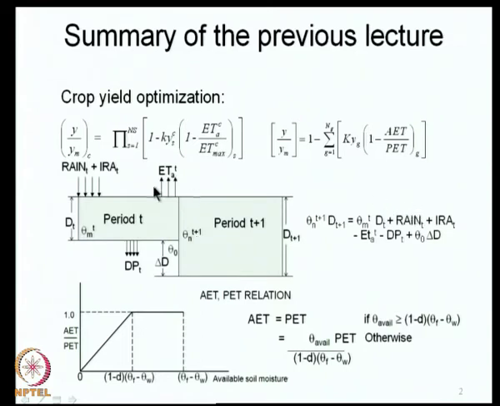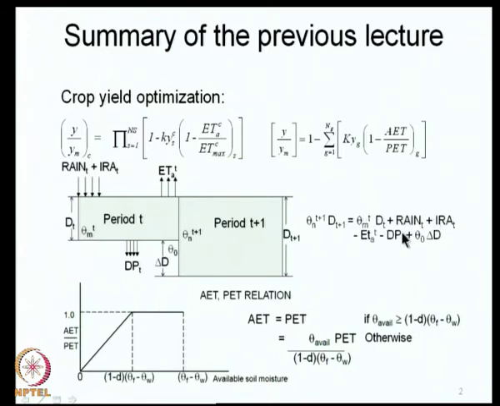We add the rainfall and the irrigation allocation, we take out the evapotranspiration, we take out the deep percolation if any, and we also account for the soil moisture in this additional soil layer that gets added from period to period. So, we are accounting for the increasing root depth across time here when we are doing the soil moisture.